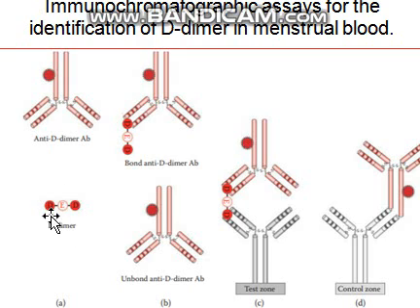So initially in the sample zone, you have placed your sample, and the sample in question may contain D dimer or it may not. But apart from the sample, what is already present in the sample zone is the anti-D dimer antibody, and these are the labeled, unbound antibodies. They are freely available, loosely bound antibodies present in the sample zone.